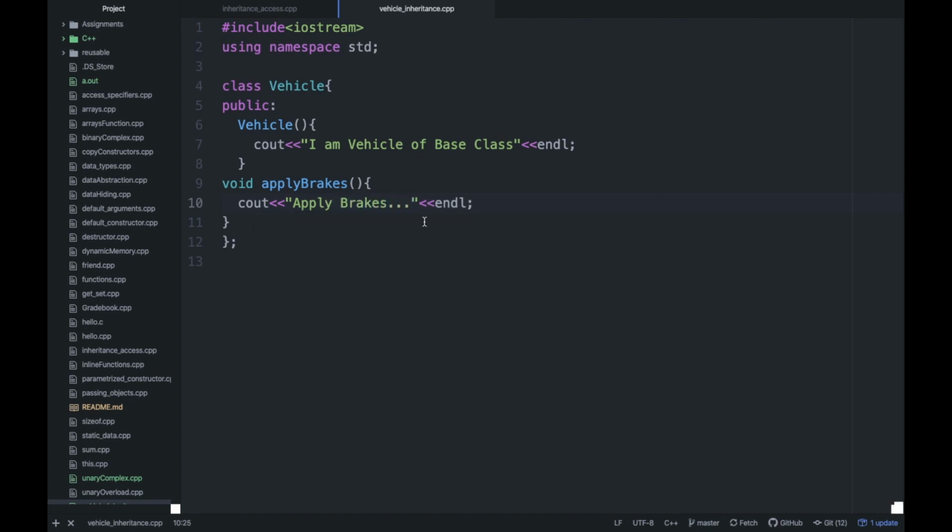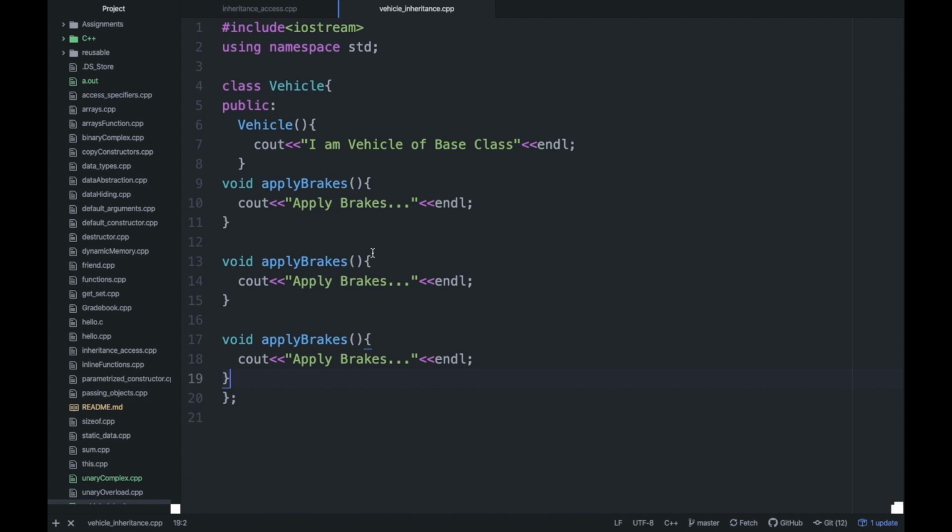Later you can implement it in another way, but for the sake of understanding it's good to copy everything. Then getCapacity, and at the end the last function, fuelAmount, and you can write it here, right?